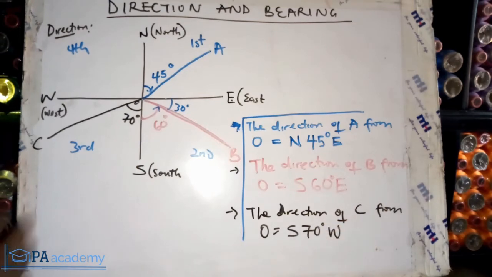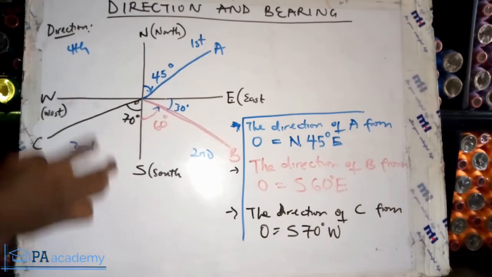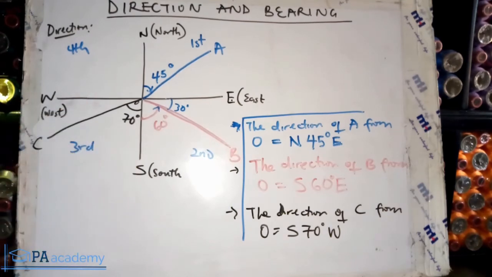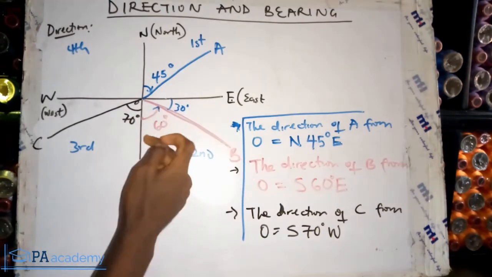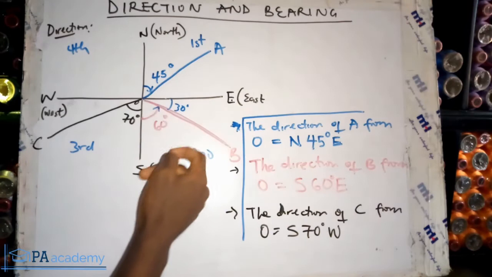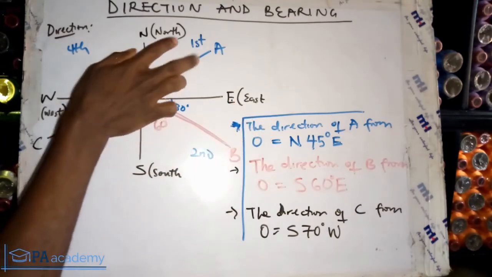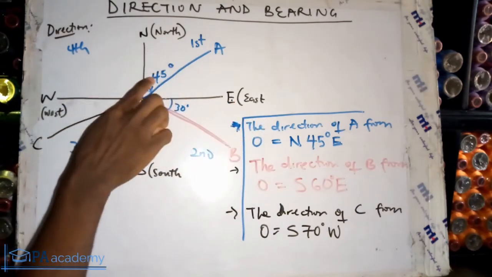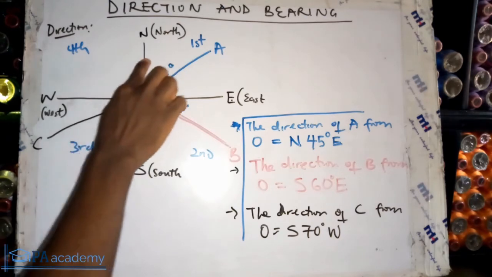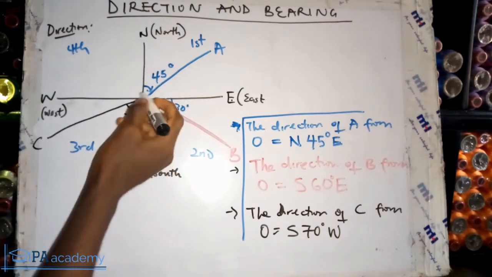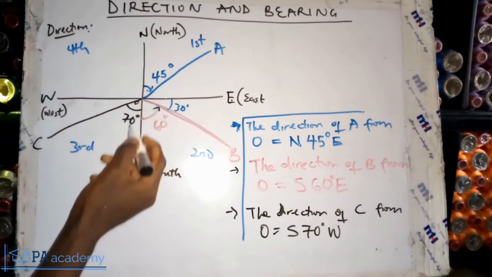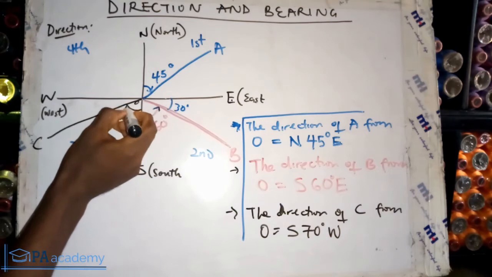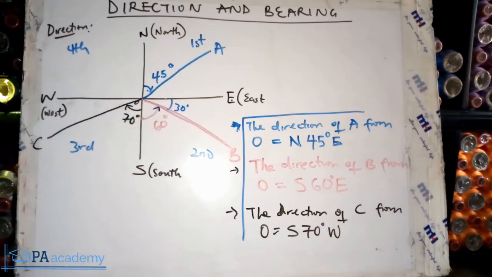South 70 degrees west. So just deal with, if it is within here, it is south, whatever the angle, west. If it is here, it will be south, whatever the angle is coming from the south, then east. If the angle is here, it will be north, then the angle coming from this way like this. Follow the direction, look at it. Then for the 70, south 70 degrees west.